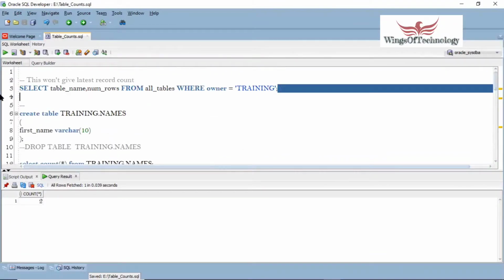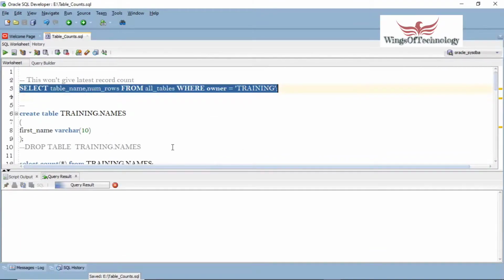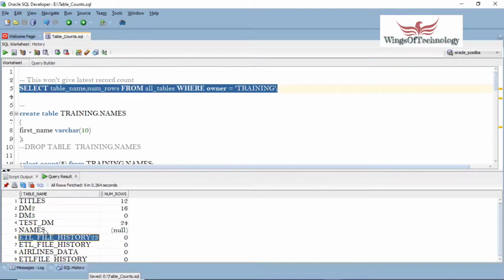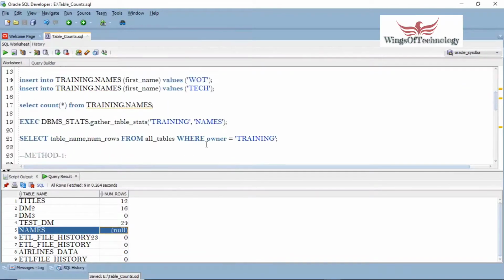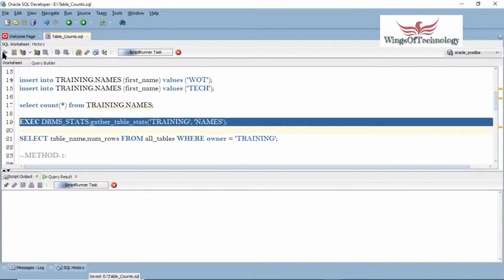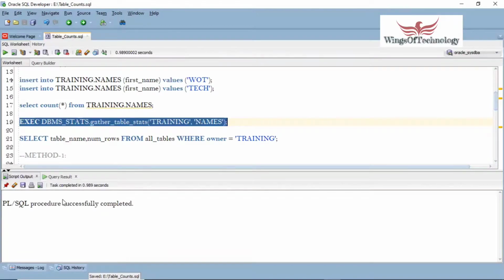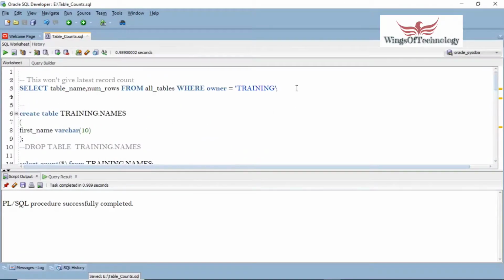But if you see here, it is showing null. The names table number of rows is showing as null here, even though I have inserted 2 records. But if you apply gather statistics on this table, let me apply that. So now it is completed.